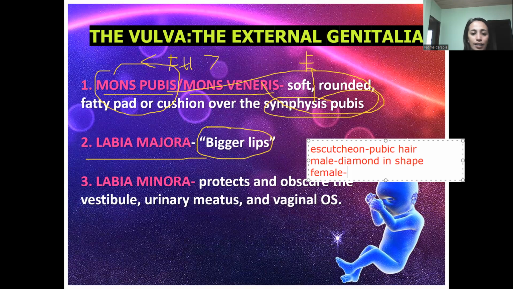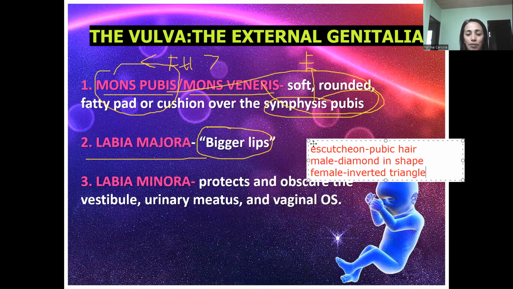the pubic hair is an inverted triangle. The presence of the pubic hair in both the male and the female reproductive organ is very important. Before, when we let the mother deliver intravaginally or by normal spontaneous delivery, they would tell us we have to shave the pubic hair. But as per evidence base, we could not shave the pubic hair now because we have to ask consent from the mother.